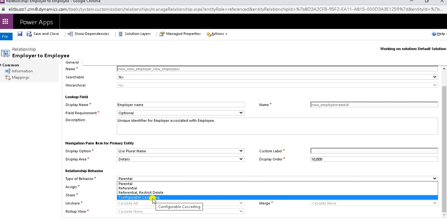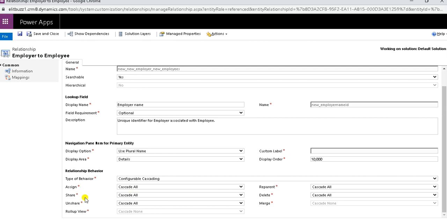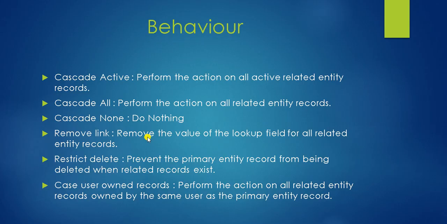So if I select configurable cascading, these all will be active, and these are the behaviors: cascade all, cascade active, cascade user owned, and cascade none. Let's see what these are. If I select cascade active, it means for a particular action, perform the action on all active related entity records, meaning it will perform actions only on active records available in the related entity.